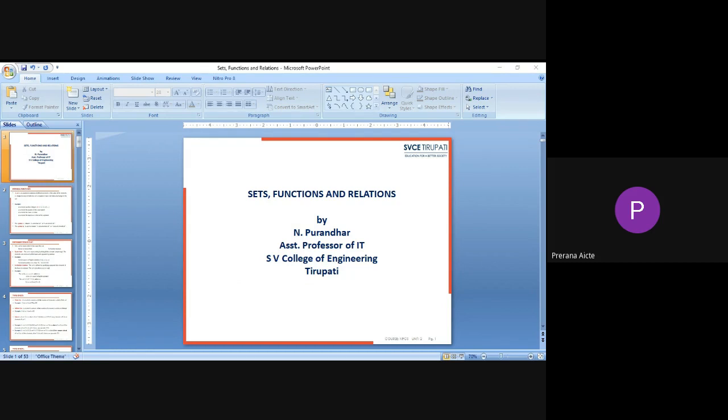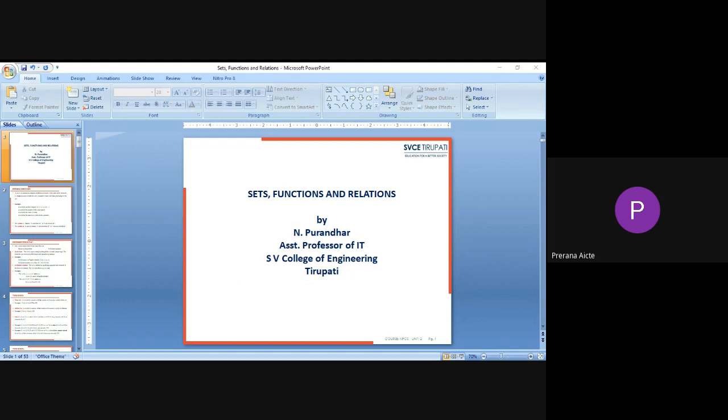Next, whenever we are discussing sets, we may come across the epsilon symbol, which is used to refer to a member of a particular set. We use this epsilon symbol, the belongs-to symbol, to represent that an element belongs to a particular set. Suppose an element does not belong to that set, then we use the does-not-belong-to symbol. Okay, we use that particular symbol.